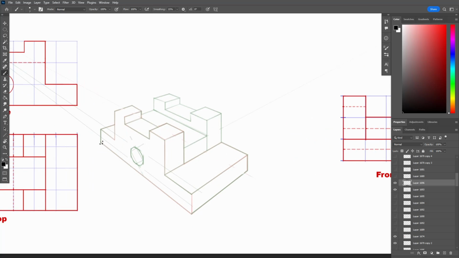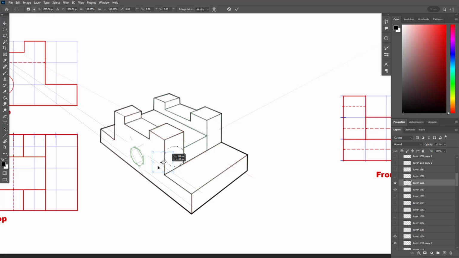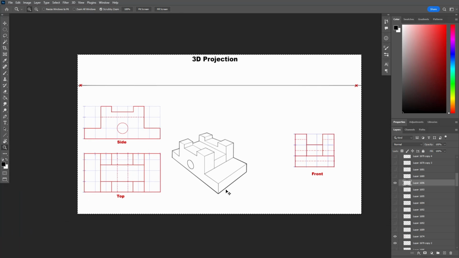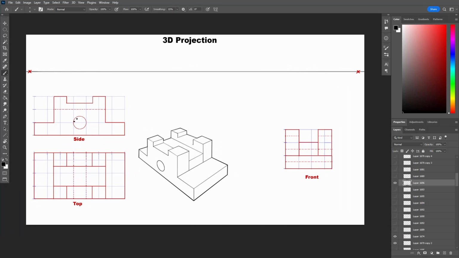Then I move on to drawing the final line weight and finish up the object. And this is it, the object is done.